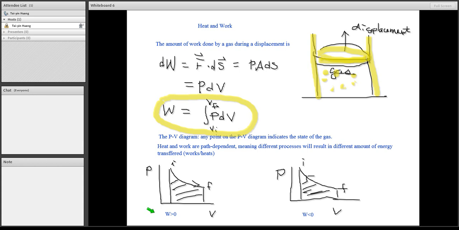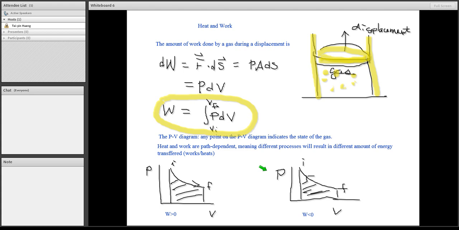So this is the PV diagram, and from this diagram we know that the amount of work done by the gas is positive. Now, what if we reverse the process? Let's say we still have the initial point I and the final point F, but now it is going from F to I. In other words, the lid is pushing down,